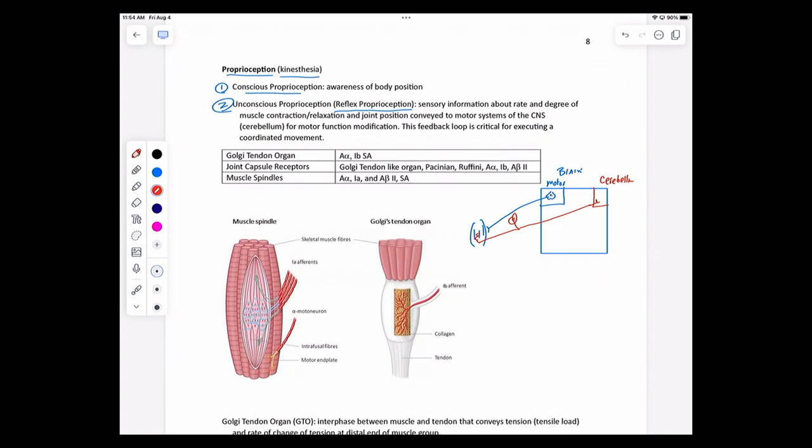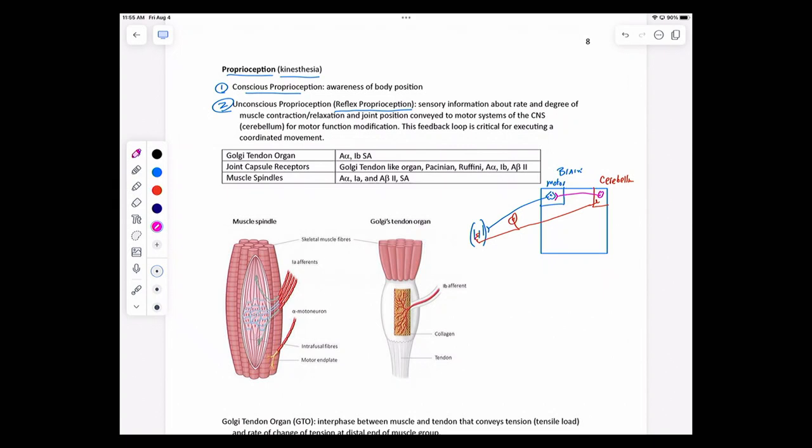Okay, so now the cerebellum is learning what the muscle is doing because I have these sensory fibers associated with that skeletal muscle. So it's going to talk back to the cerebellum, and then the cerebellum in turn is going to send some neurons, and I'm oversimplifying here, back to the motor area of the brain to refine the movement so that you can execute that coordinated movement that you want to do. So this is a loop.